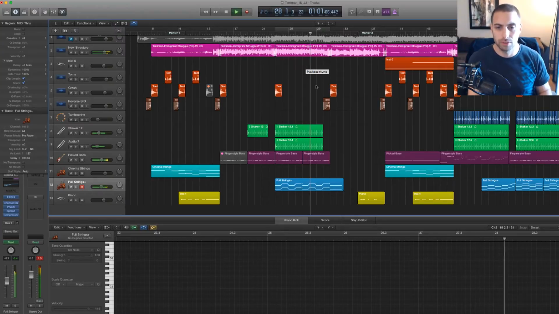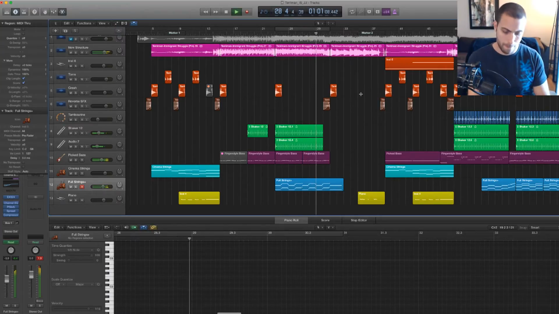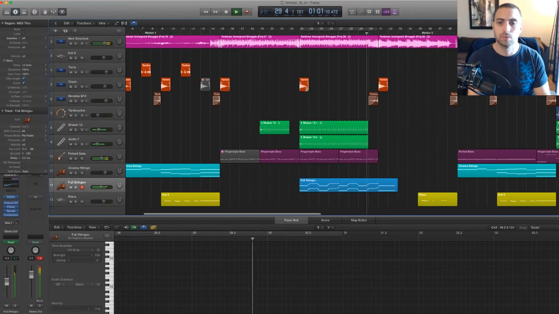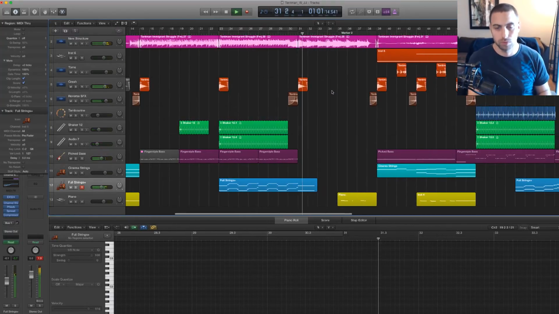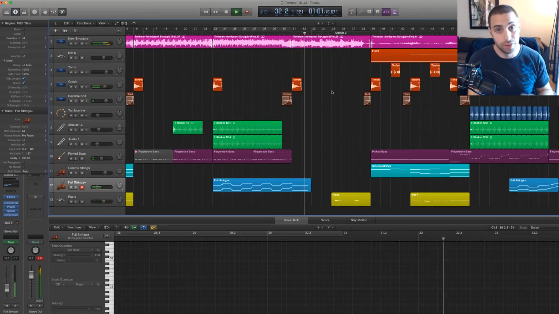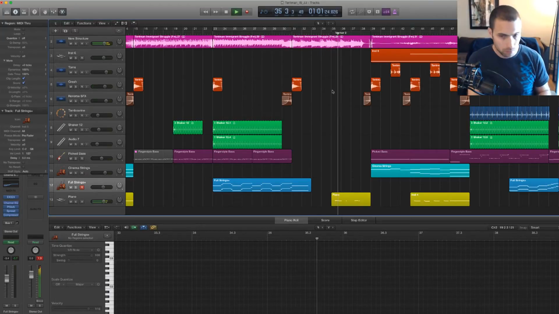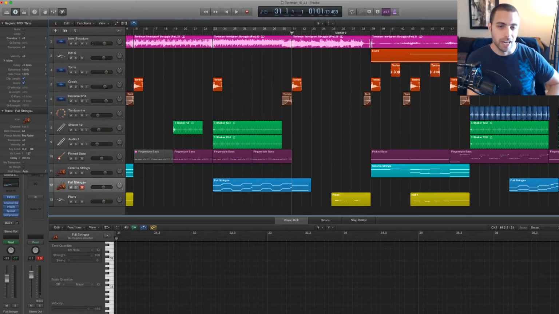Kind of comes in here as a transition. I love this part. Piano in. Now I love that part because it's sparse, but it's heavy and it's hitting hard, and it's providing sort of